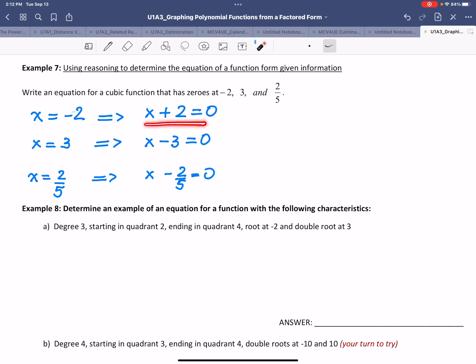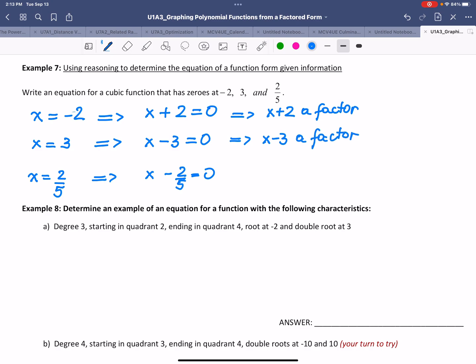Now, having to solve for x in these indicated equations suggests that x plus 2 must have been a factor. Similar to this, x minus 3 must have been a factor of this polynomial function. And x minus 2 over 5 must have also been a factor of this polynomial function. And we're almost all set. I say almost all set because we're ready to use the factor x plus 2, ready to use the factor x minus 3, but we need to do a little bit of work